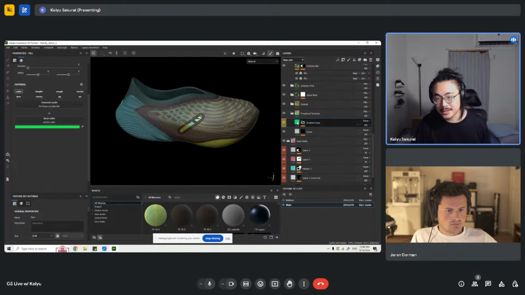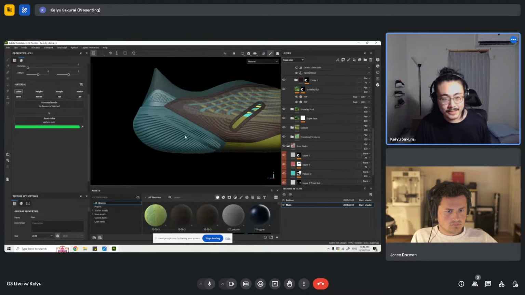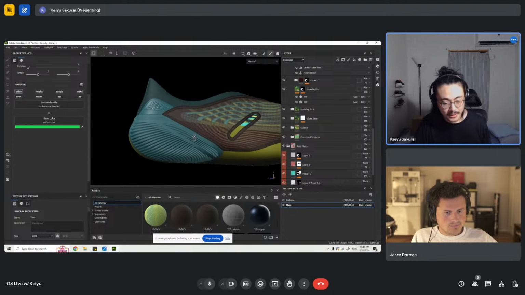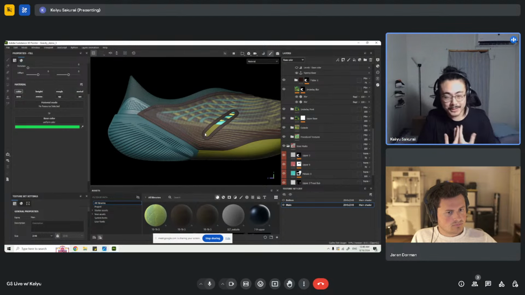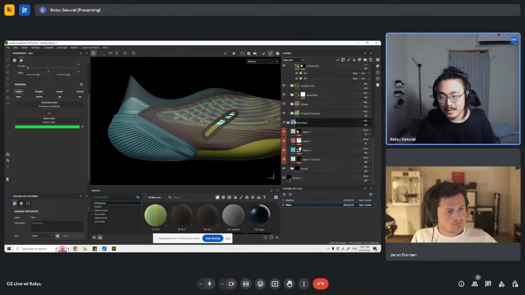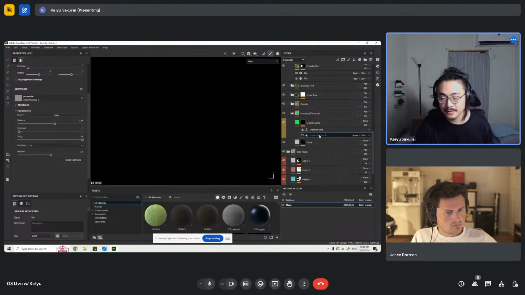The reason why it's down here is because I also reference the same texture in this outsole heel area. So that's one of the really fun things you can do in Substance Painter. Even though this is a busy design, you can bring everything together in cohesion by referencing the same texture across different materials and properties. Like, for example, if I go in here and I turn this off, let's duplicate it,